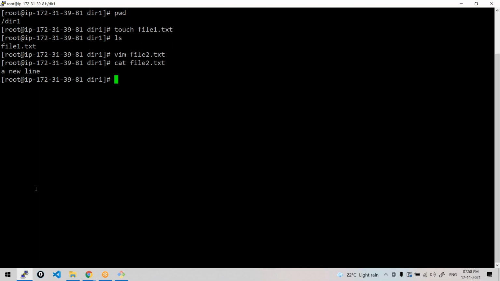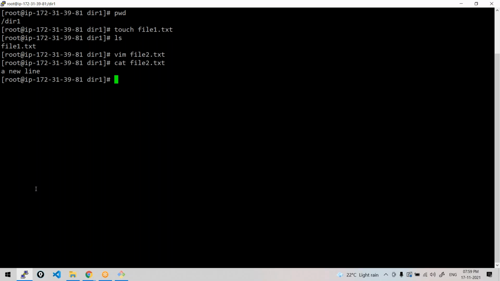That is a simple way of creating a file with the Vim editor. The only thing is a little practice. Of course, most of the time we'll use something like Visual Studio Code to write configuration files, but if you want to modify them quickly from the command line, the Vim editor can be used. With a little practice you can get used to it. This, ma'am, is how you use it.